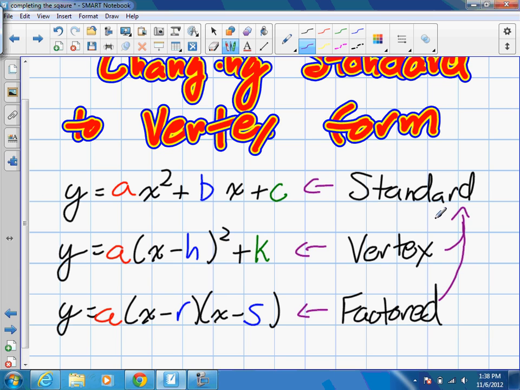Oh, I don't remember. Anyone remember? It starts with an E, two words. Okay. You need to expand and simplify to change those. So you needed to expand and simplify in order to change either vertex to standard form or factored to